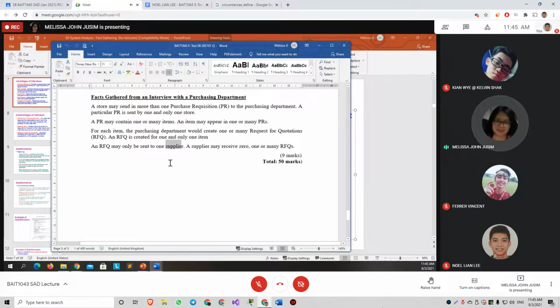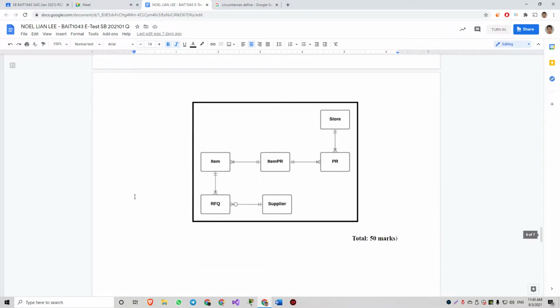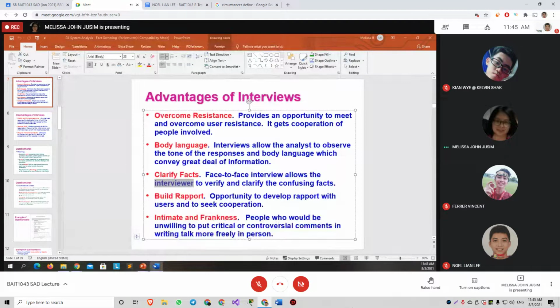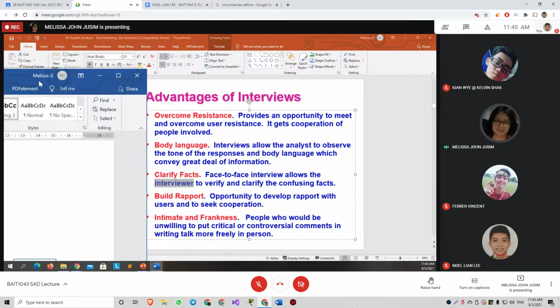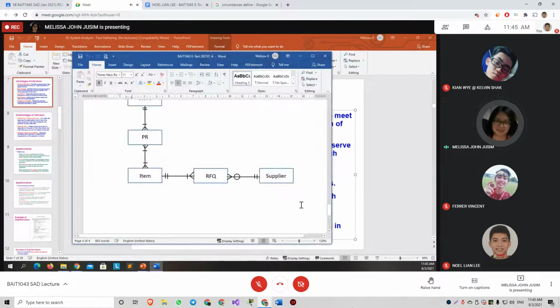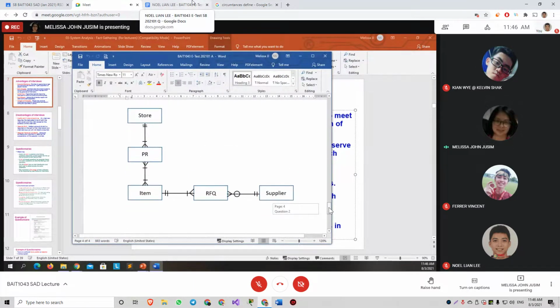And then with the correct relationships, 4 relationships. Okay, I will check the cardinality at both ends. So let me show you the correct diagram. I think Noel, you got it correct, except that there's no need for you to resolve the many-to-many relationship.